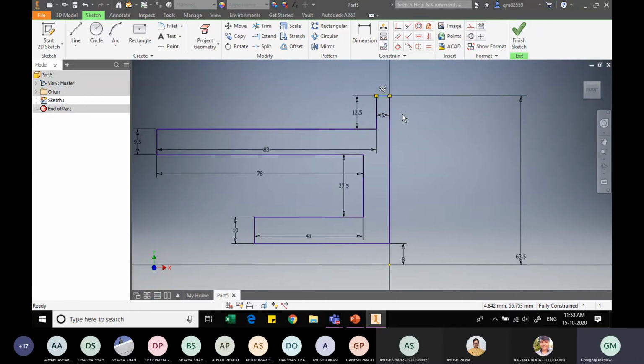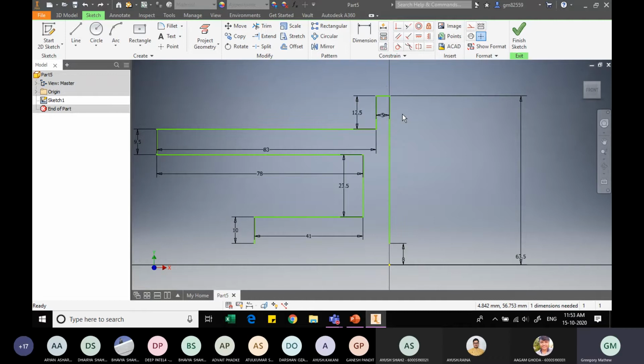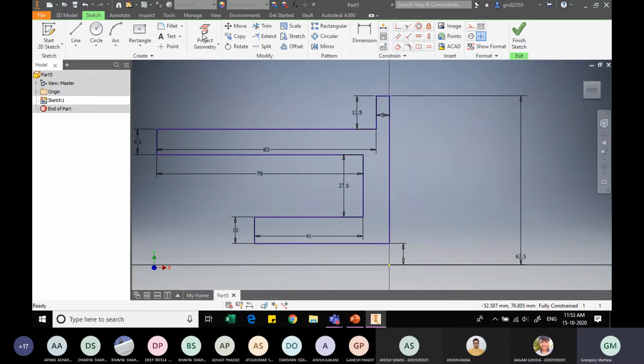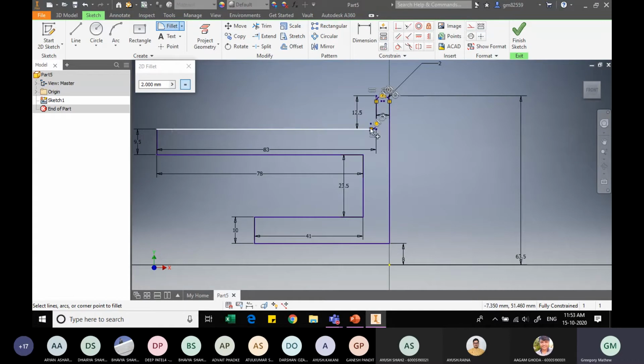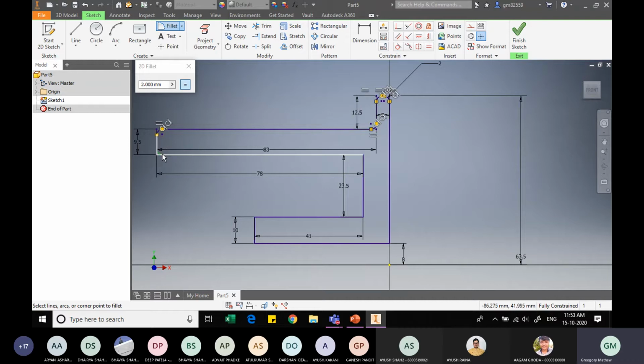I have selected the wrong face, so let me just do undo. Okay, now Control Y. Now let me do the fillet option and fillet between this space and this space, between this space and this space, and between this space and this space here. We have fillets here and here, and between these spaces. We do not have fillets here, as from the diagram.